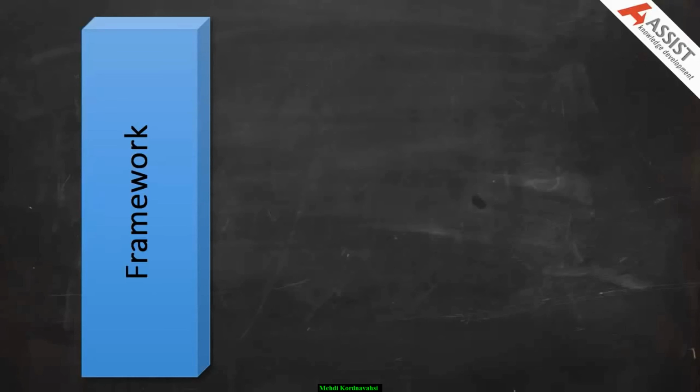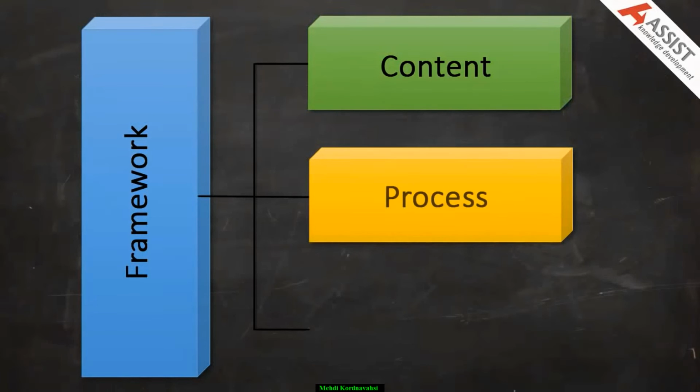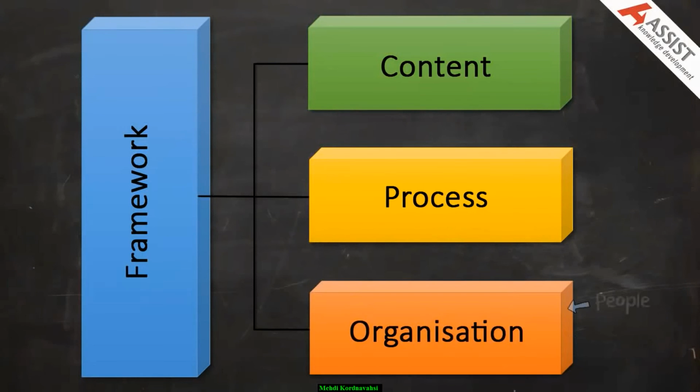Well, frameworks have different aspects to them. We talk about the architectural content, the structure of the architecture. The meta model is a term you'll often hear used. Frameworks often also describe processes. What activities, what order the activities need to occur in. And often a framework will also describe the organisation, the people, the roles involved in doing the architecture. If we take TOGAF, TOGAF covers all three of these. If you compare that to Zachman, Zachman is purely a content framework.